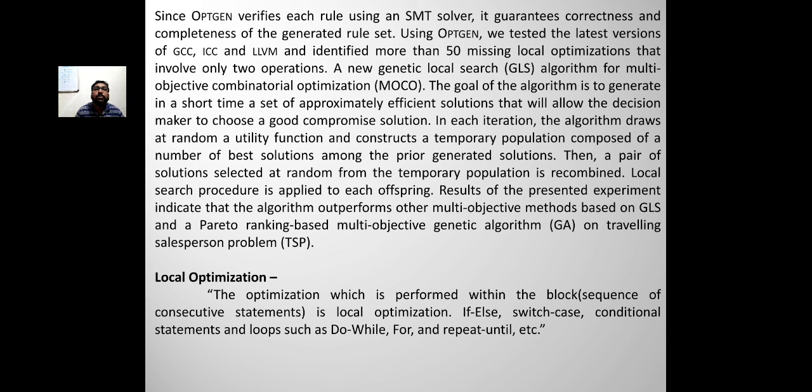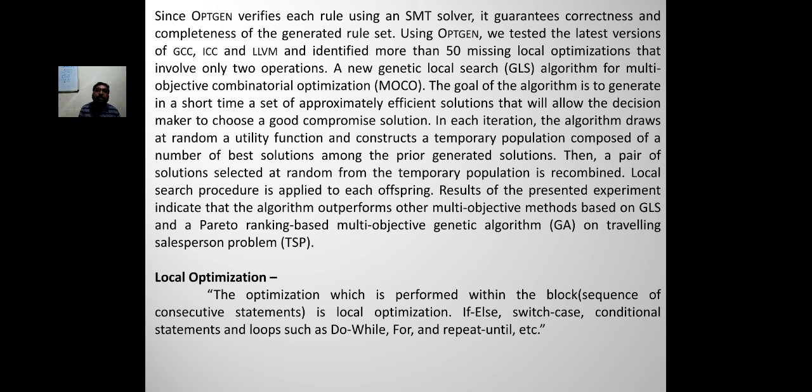Then a pair of solutions is selected at random from the temporary population and a local search procedure is applied to the offspring. Results of the presented experiment indicate that the algorithm outperforms other multi-objective methods based on GLS and a Pareto ranking based multi-objective genetic algorithm (GA) on the traveling salesperson problem (TSP).